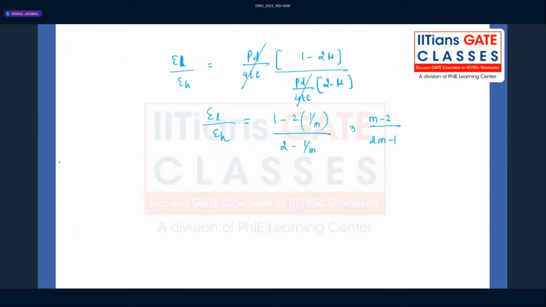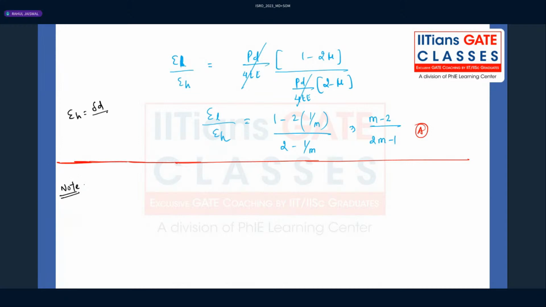Okay. So one more thing I'm giving you as a note point. Yes, A is correct. One more thing you just note down as a note. See, hoop strain will give you change in diameter by original diameter. Longitudinal strain will give you change in length by original length. But if you want to calculate change in thickness by original thickness, that you cannot do by school mathematics, like